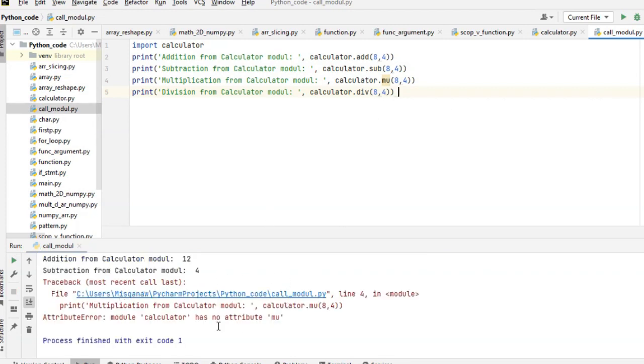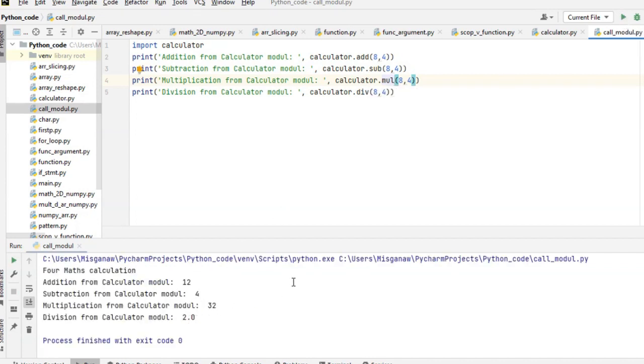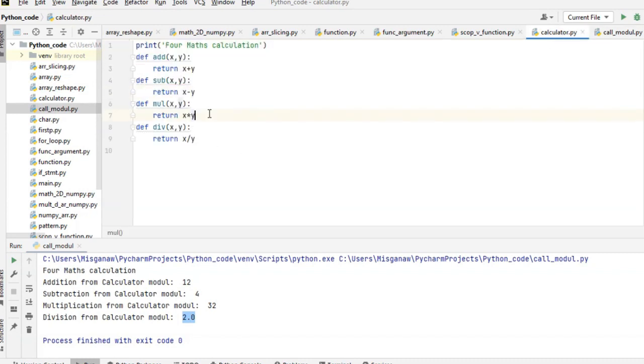Sorry, that is not the name of the function. I missed the L. Now run. Here it is. 8 multiplied by 4 is 32. 8 divided by 4 is 2. Division returns the division and multiplication returns the multiplication.